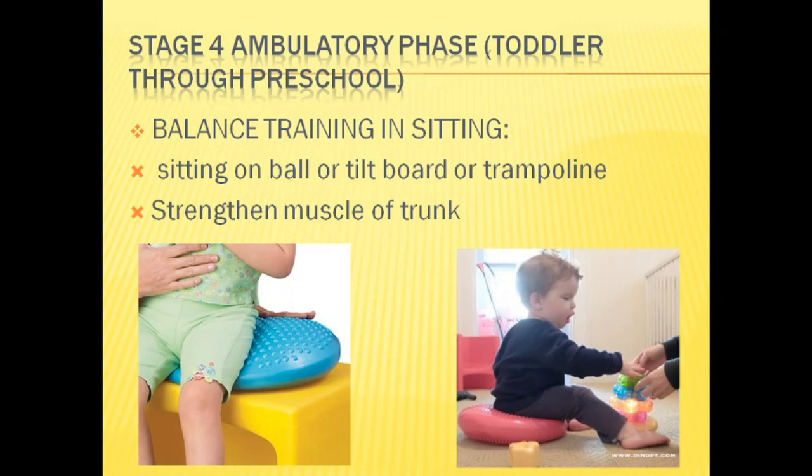So the first photograph shows static on dynamic balance. The child is seated on the inflatable disc and tries to balance in this position, right? In the second photograph, the child is seated on the inflatable disc and doing an activity, moving forward and doing the activity. It is dynamic on dynamic, okay. But here this is not the correct position. You have to make the child sit in the correct position.